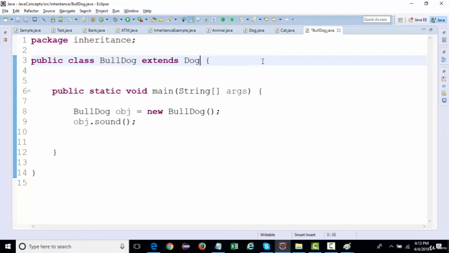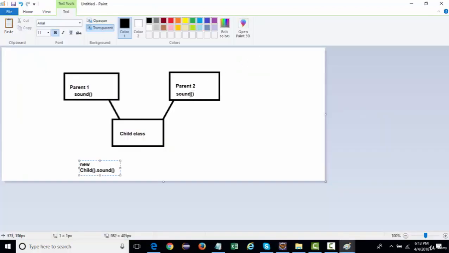Although there might be a chance that the sound method is present only inside parent 1 and not inside parent 2, nothing works on chance in a programming language. That is the reason Java has not allowed multiple inheritance. It's not a question of taking a chance.